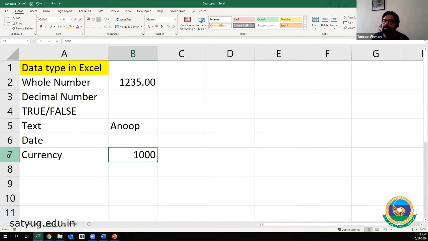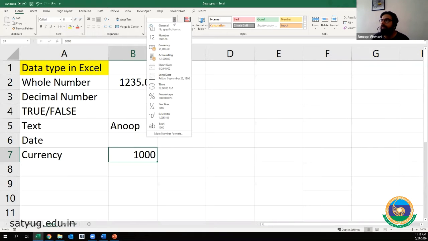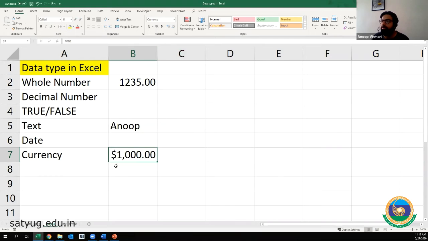So for me, this is a currency. So what do I do? I go here and change it into currency. You see here, currency. So now it adds the currency sign, which is dollar, adds a comma as a separator after 3 digits, adds a decimal of 2 places, right? So this format is doing that.